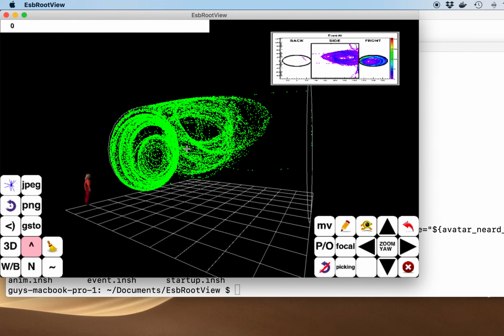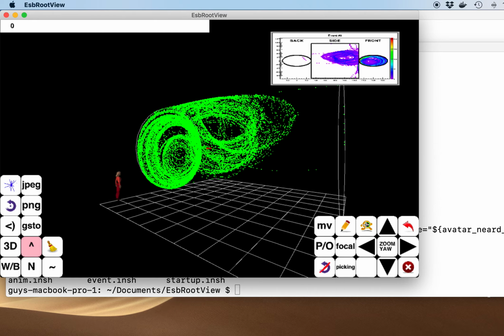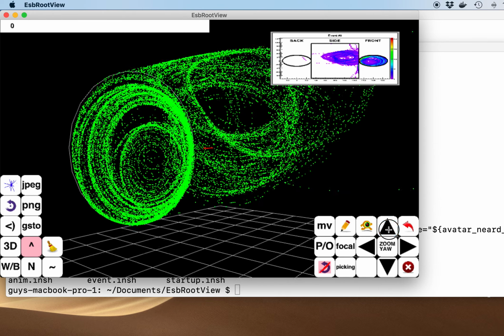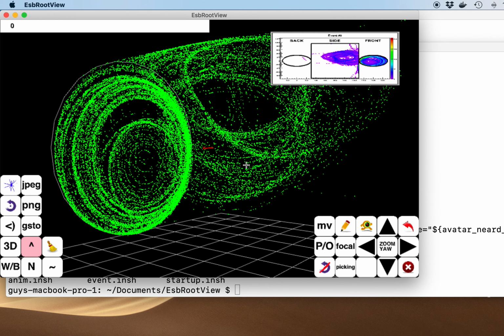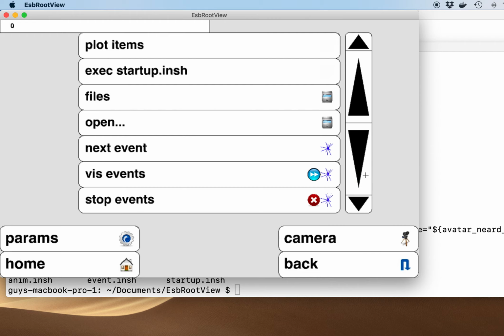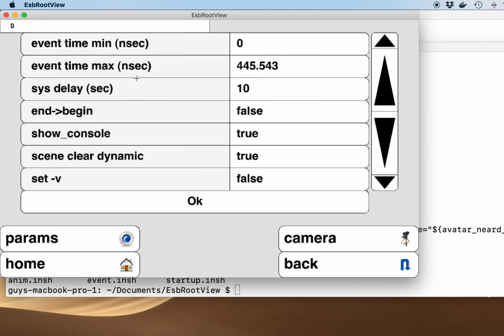Going to center. In red, I have the MC tracks. In green, the WC detector points. And now, if I go here, I have these panels that appear, to tune and start the animation. The important things are these 3 first items.